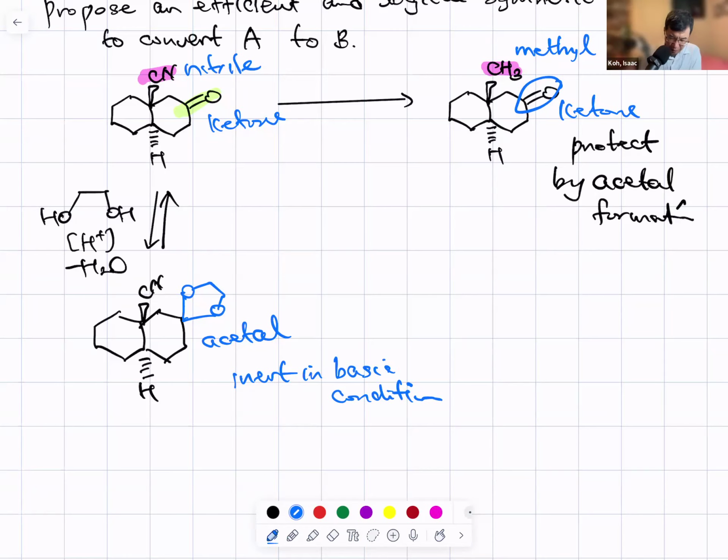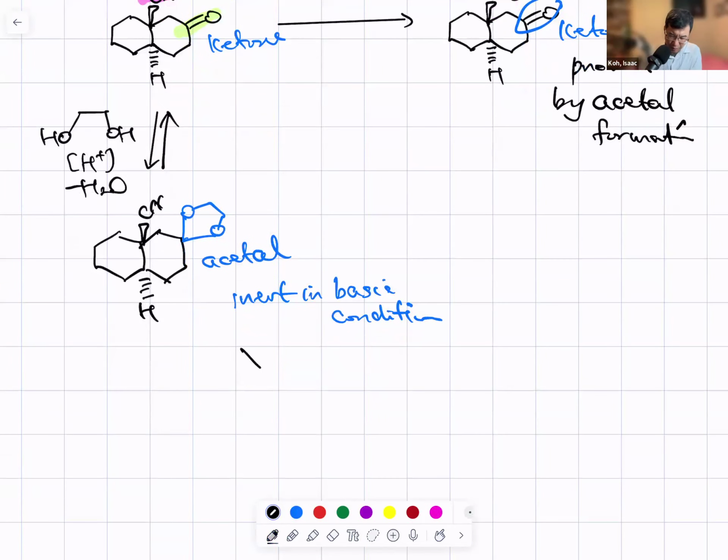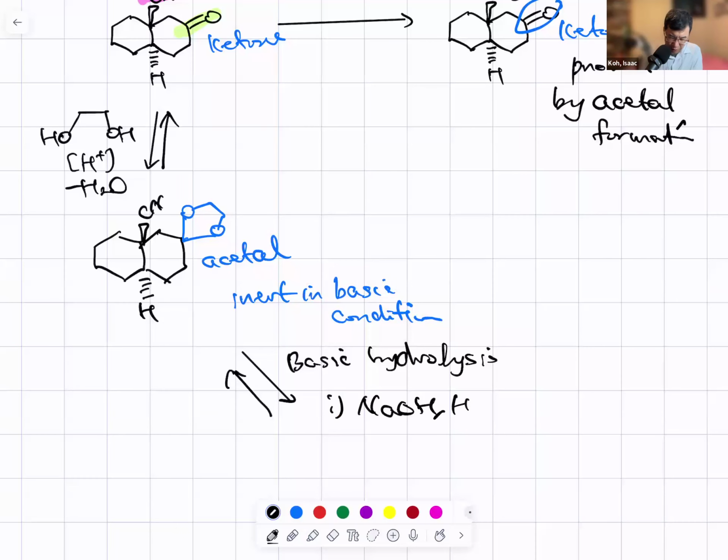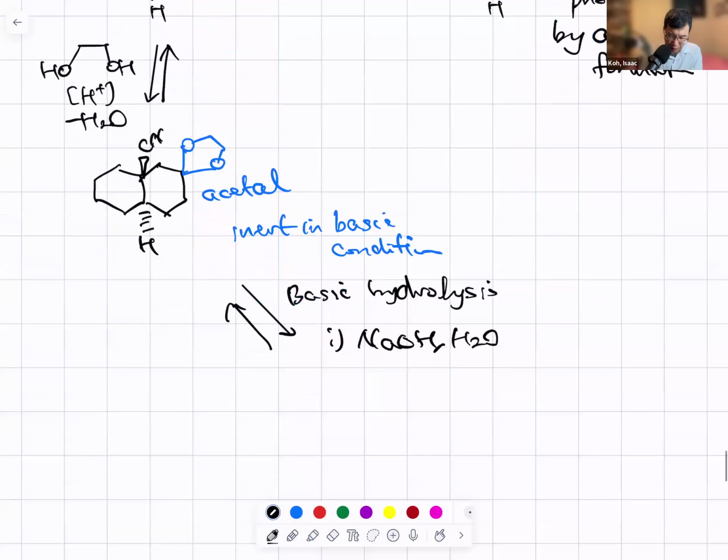So here, basic hydrolysis. First, sodium hydroxide in a biphasic reaction, water and organic solvent, and heat it up because the nitrile is very inert,